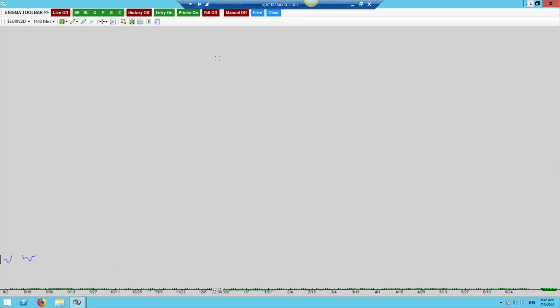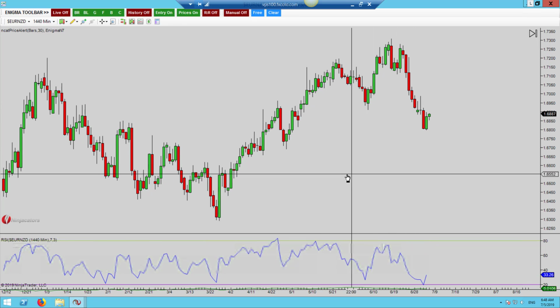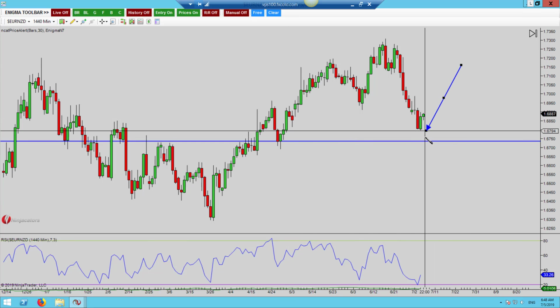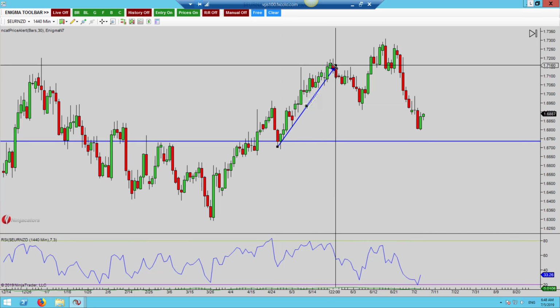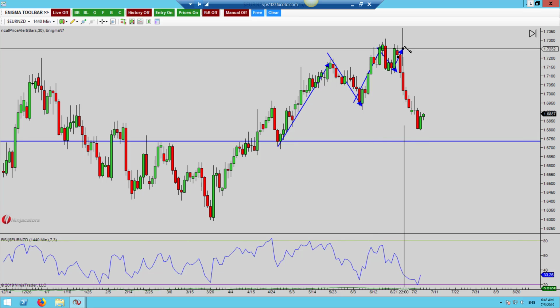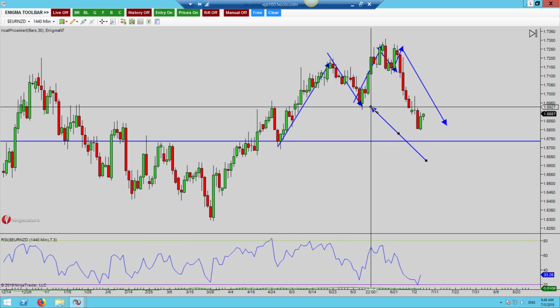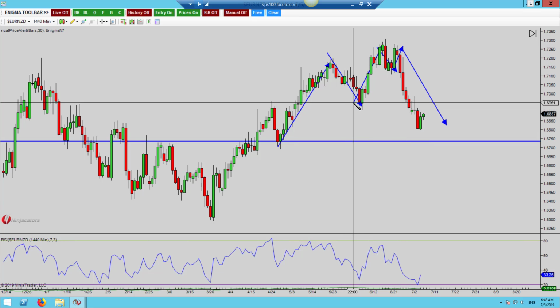Looking at the dailies, so here on the daily time frame, what we had is, this is the structure level that I believe price is working its way down to. And what we did is, from this point we went higher, we saw a pullback, we went higher, we double topped, and then down here we violated this level of structure. So right now